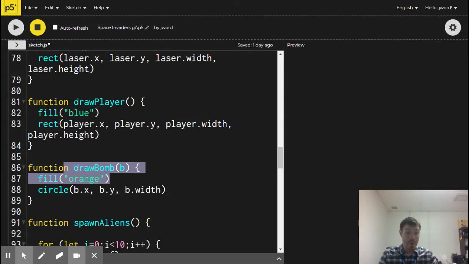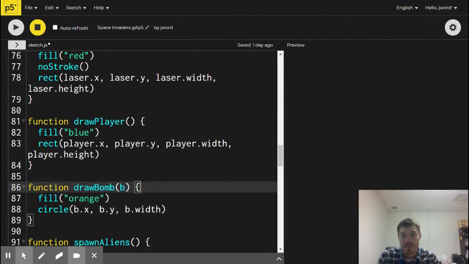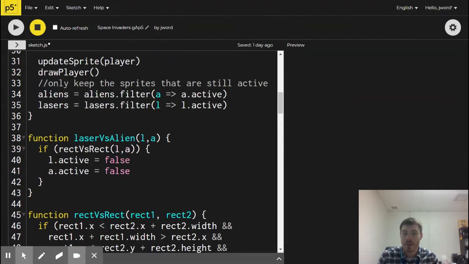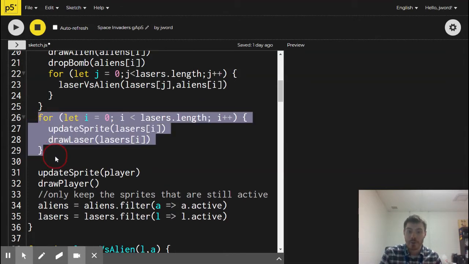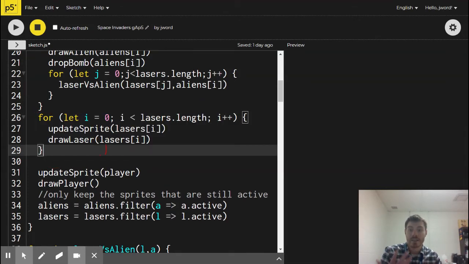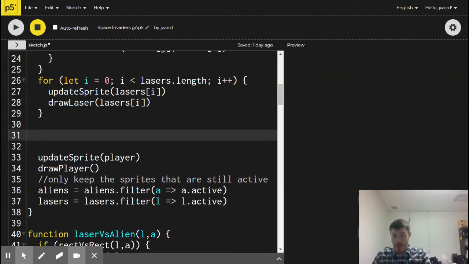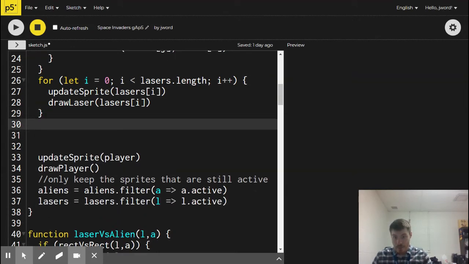When I need to draw, if there are 10 of them on the screen, I need to draw 10 of them. If there's 100, I need to draw 100 of them. So I definitely need a for loop to cause that to repeat the number of times that I want. I'm going to go back into the function draw, that main loop that controls everything. Just like I have a for loop for lasers to update and draw them, I'm going to have a for loop